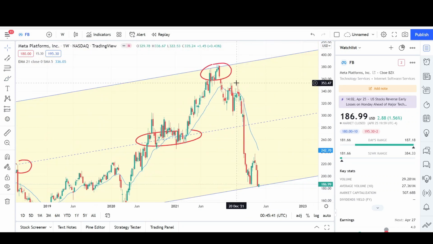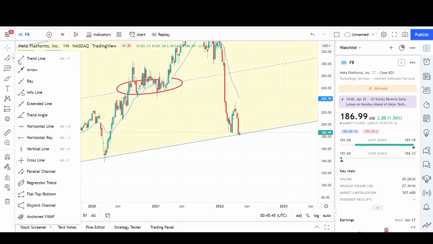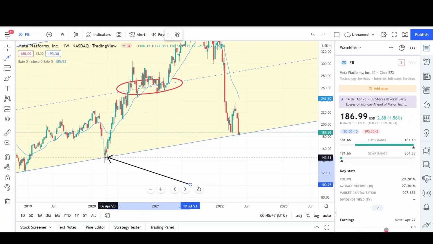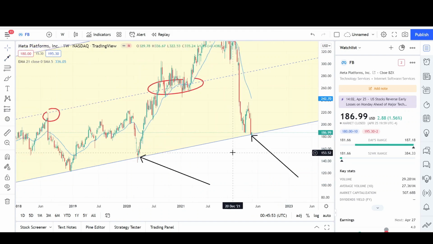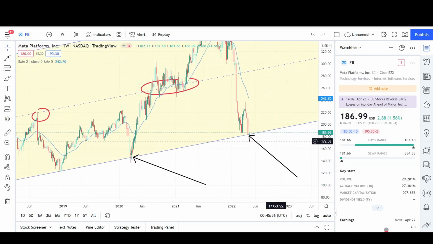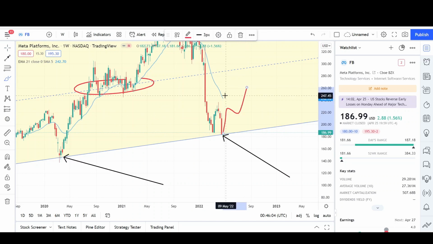Prices are respecting it. So we had the double test right here, and you can see that this confirmed it right here, because this was the third touch. We got the bounce, led to a massive rally, and we're back at the same trend line that's been working higher. So this could be really bullish, because we are far away from the EMA on the weekly chart. We had a very strong key support level, so we could start seeing higher prices,